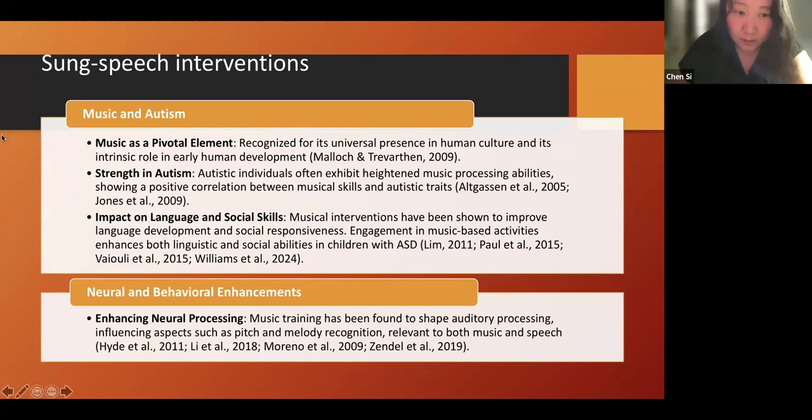And there are also many studies showing the relationship between music and speech. And music training, usually long-term music training, can shape auditory processing, influencing pitch and melody recognition, which is relevant to both music and speech.